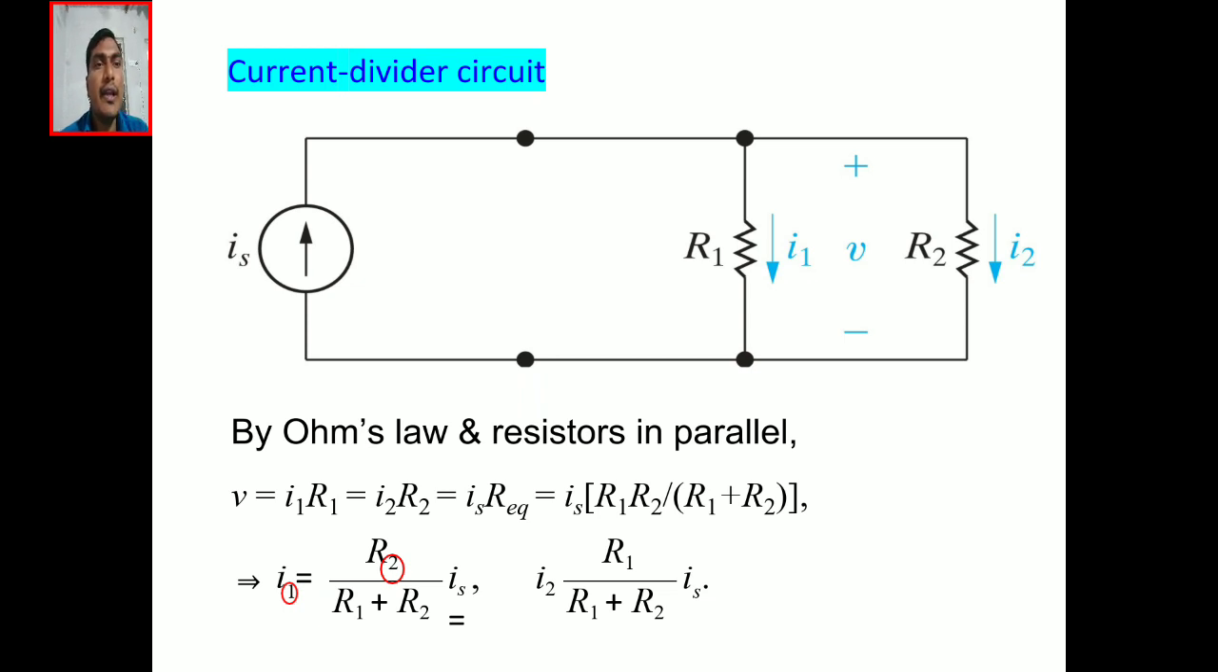If you want to find current through R2, that is I2 is equal to IS, the total current, into the opposite resistance. What is opposite to the resistance R2? R1 by R1 plus R2. So this is the current division rule used to solve the currents through each element connected in parallel. This current divider rule is used to find the current through each element in parallel circuits. Okay. Next,